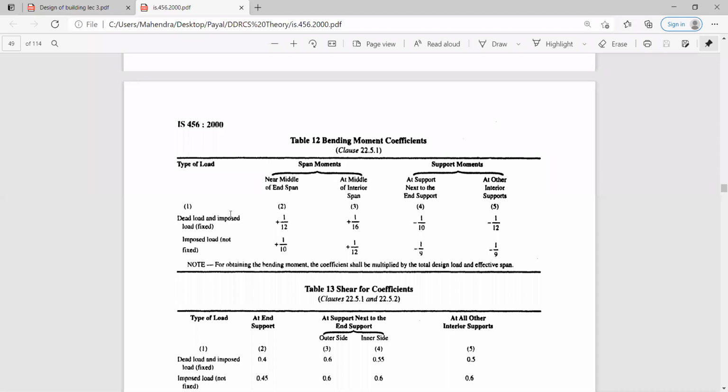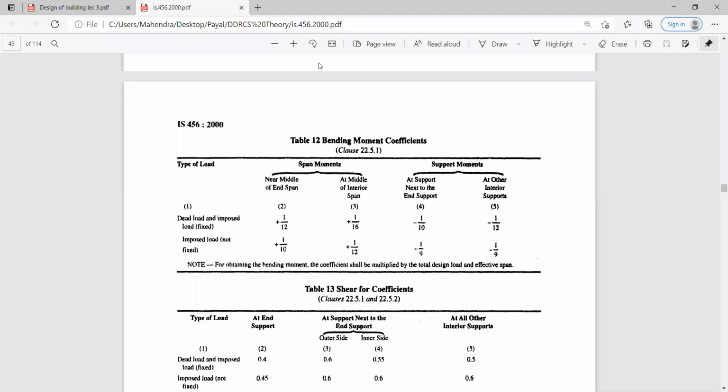In this table, the dead load coefficients and the live load coefficients are given to you for the span moments and the support moments. And in this particular table, the shear force coefficient is given to you. So both the tables you need to refer to in order to calculate the bending moment and shear force for this sum. I hope everyone has the IS codes with you.